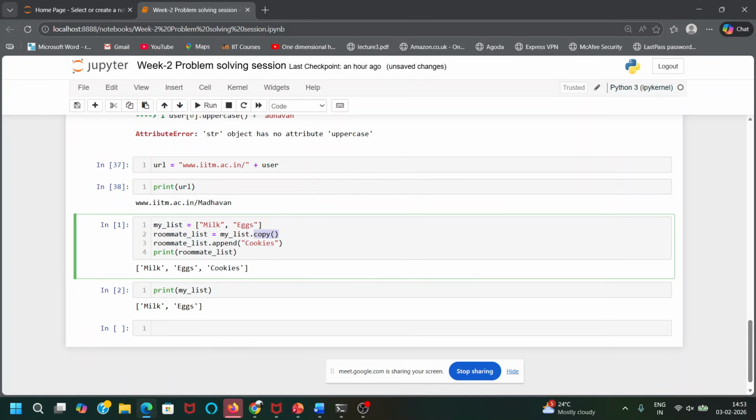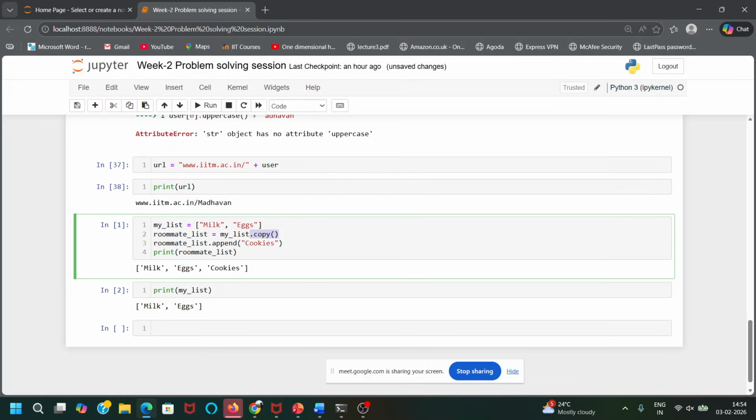So this is called deep copy. Whatever we did earlier without using this function dot copy was shallow copying.